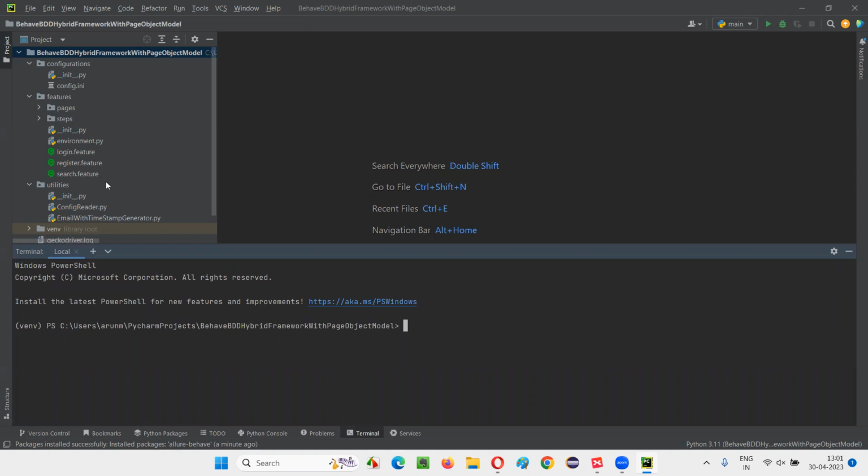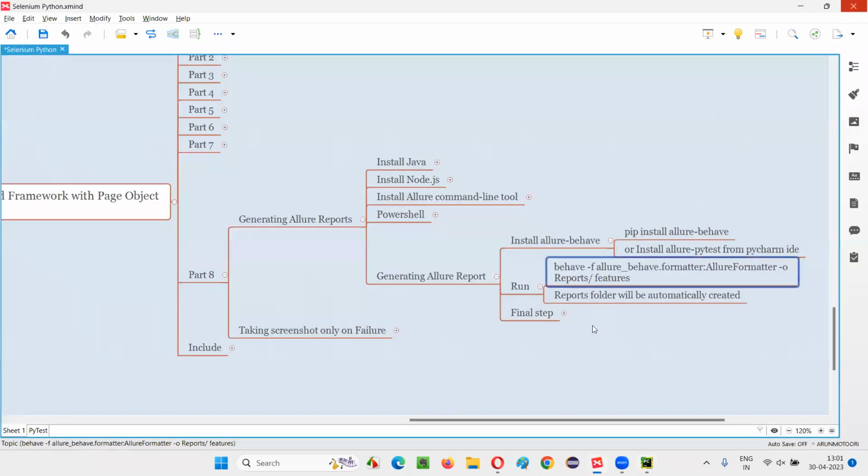Let's run all the scenarios in all the feature files. Generally our command will be behave space features, right? But in between behave and features, you see all this: hyphen F, allure_behave.formatter colon AllureFormatter, hyphen O, reports. Everything belongs to generating the Allure report. These things from hyphen F to this slash,